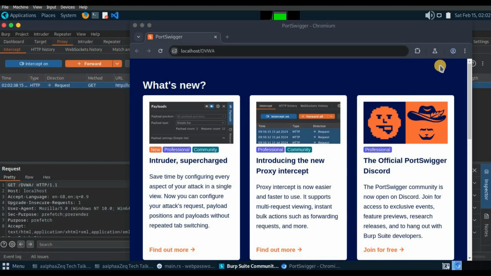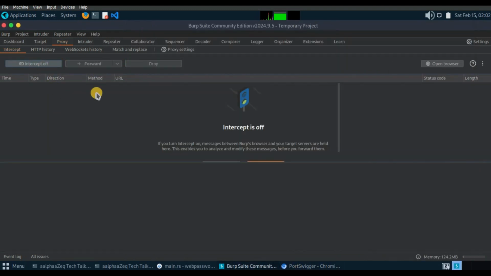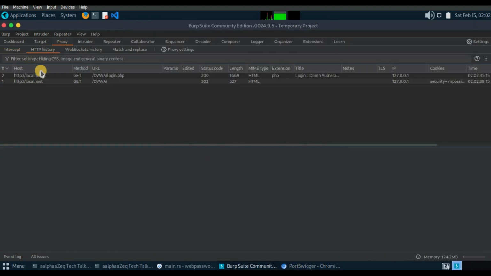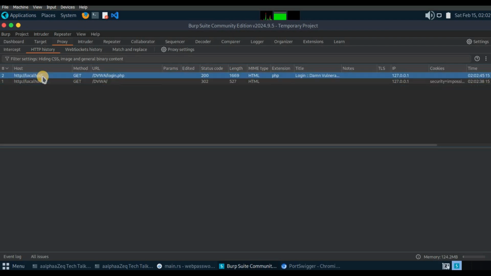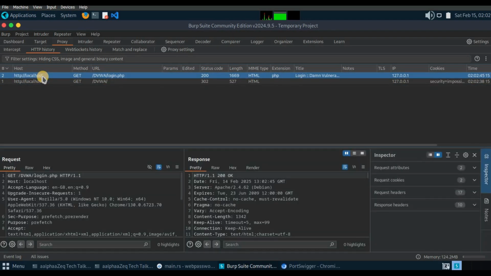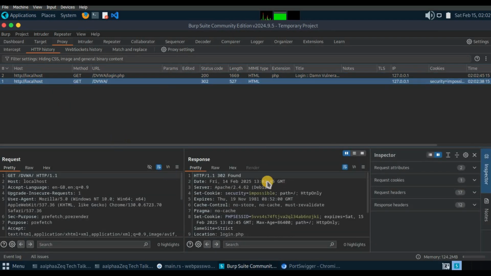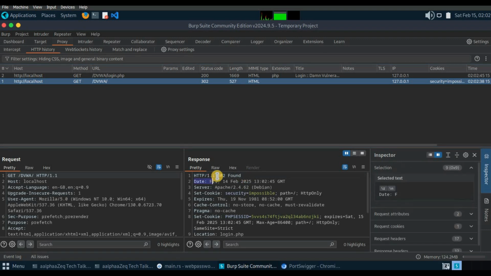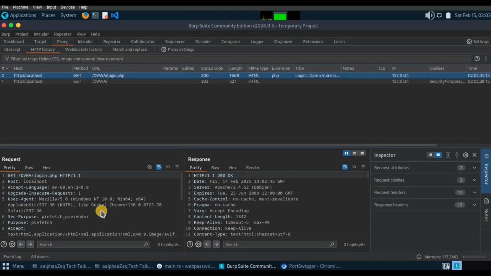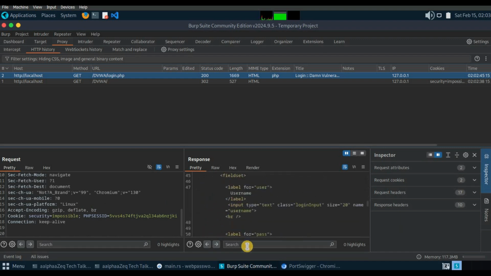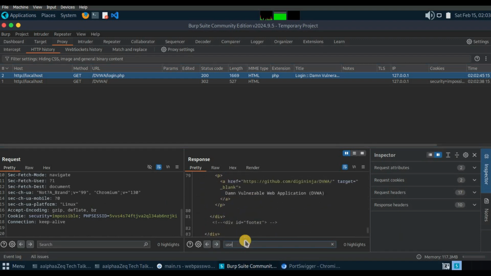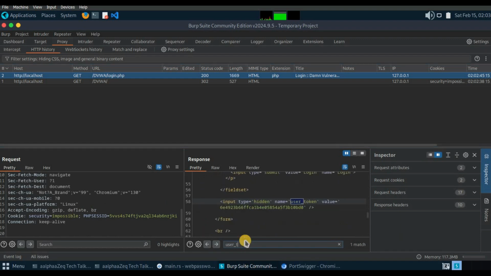So here, see, when I'm trying to access my application, it comes here because the interceptor is on. I'm just showing the request here. If I come here, I can see what I requested. I tried to get here, and it was a redirection, and it reached here, and you can see when it reached here, I think the user_token is here,